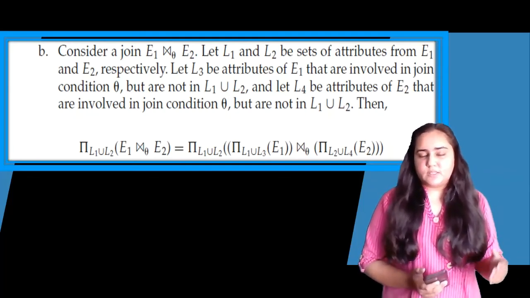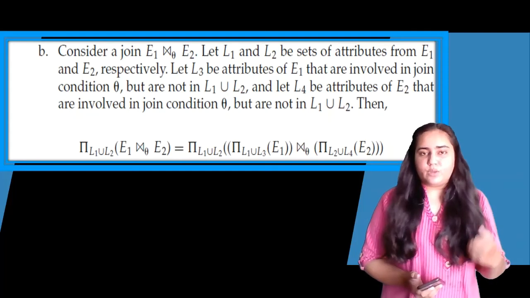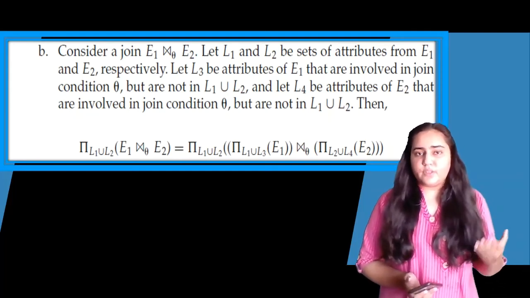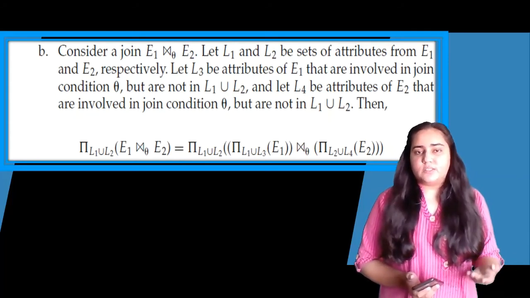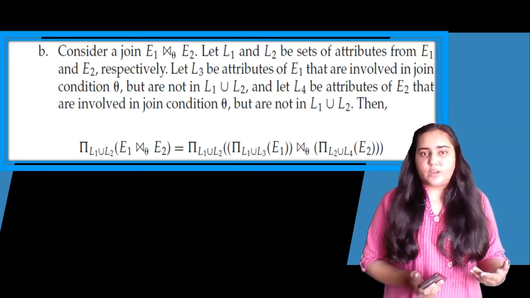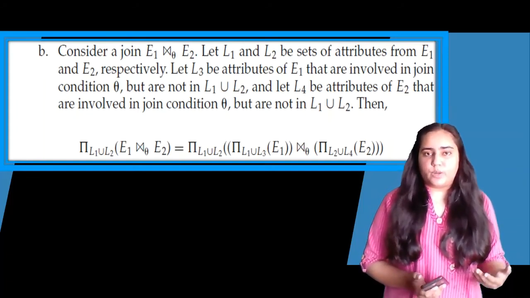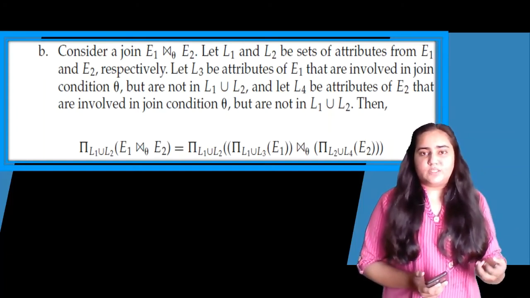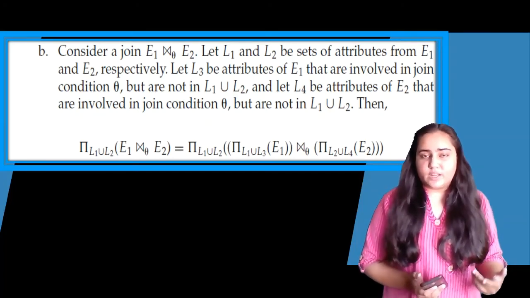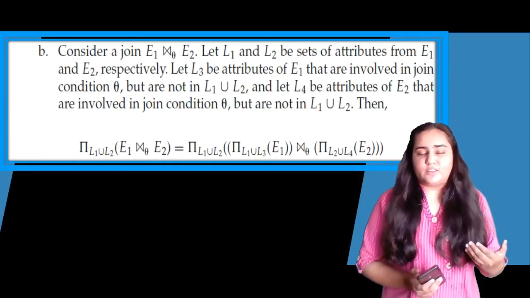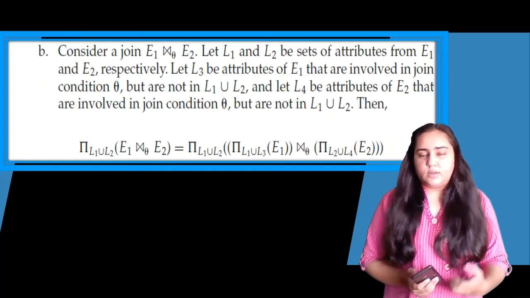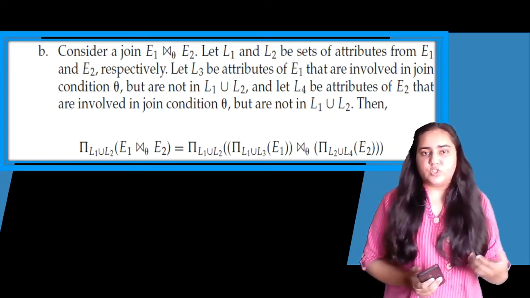So there are two tables, E1 and E2, and we want to perform a theta join between E1 and E2. Now the theta condition uses some columns from E1 and E2. And other than that, we are also performing a pi operation where we are extracting columns, a list of columns. Remember that L1 and L2 are not two columns, they are a list of columns. So we are extracting L1, which are some columns from E1, and we are extracting L2, which are some columns